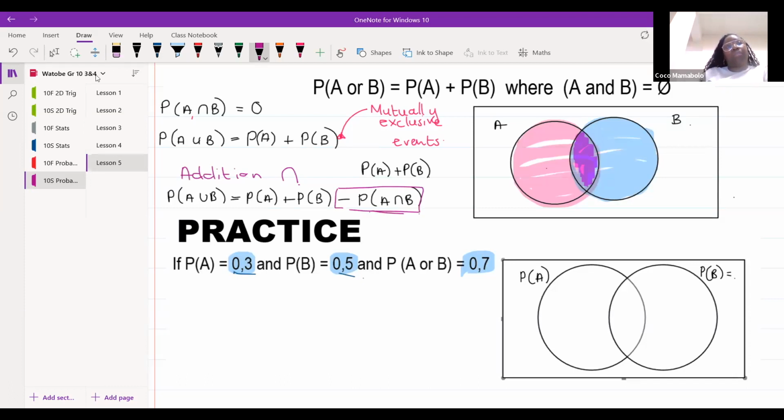So how do we know if it's mutually exclusive? Mutually exclusive, there'll be no intersection. It's like if I had to ask you, Tiana, can you take maths and maths lit at the same time? In some schools, yeah. Okay, at your school, can you? No. Okay, so those two things are mutually exclusive.